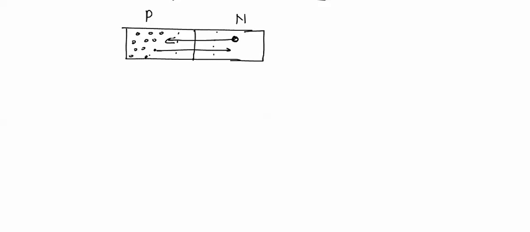So this current cannot be a diffusion current, while this electron is moving from P side to N side into a region where electron concentration is already very high. So I can say that during conduction in a reverse direction, the minority charge carriers cross the junction from higher concentration to lower concentration, and it can be said that the reverse current